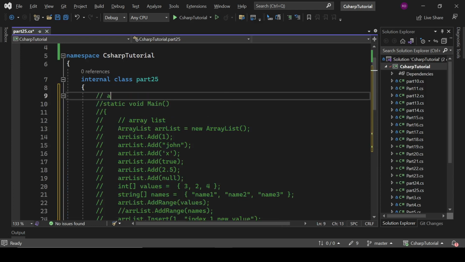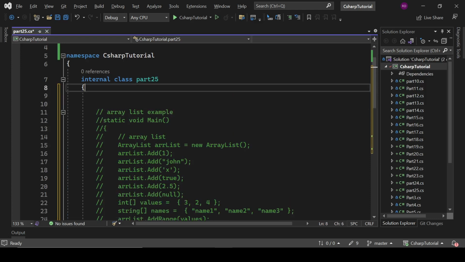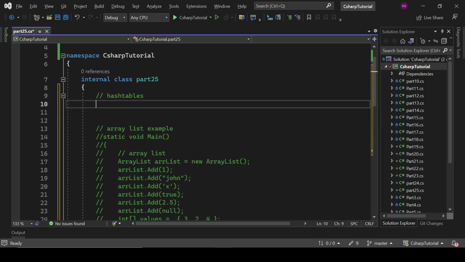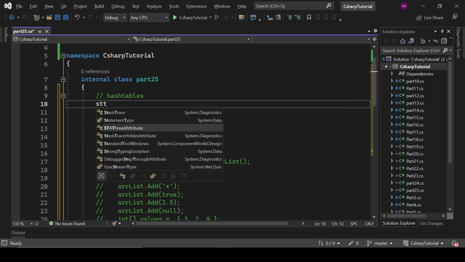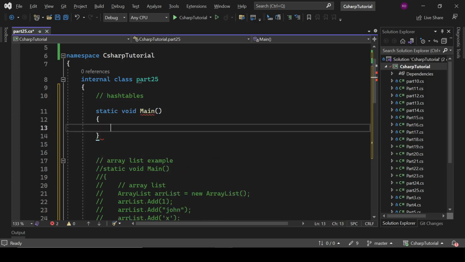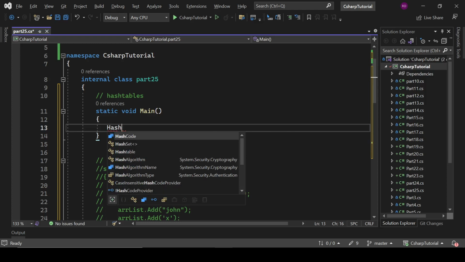I'm writing here ArrayList example, and here we are going to write Hashtable. Static void Main. So let's write here Hashtable